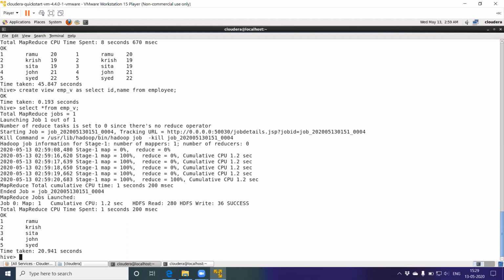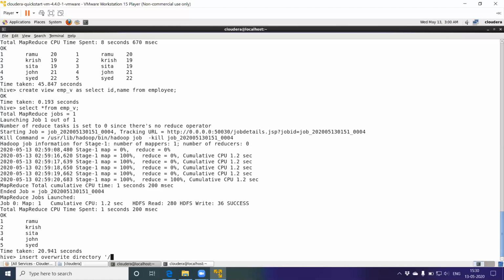And we can store the output of any analysis back into HDFS from Hive using the insert overwrite command. So let's check one example. The syntax to load the result of analysis into HDFS is insert overwrite directory.